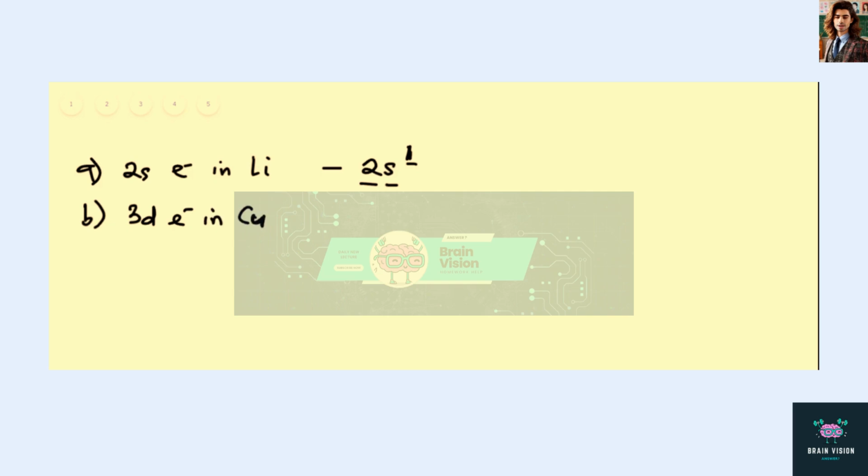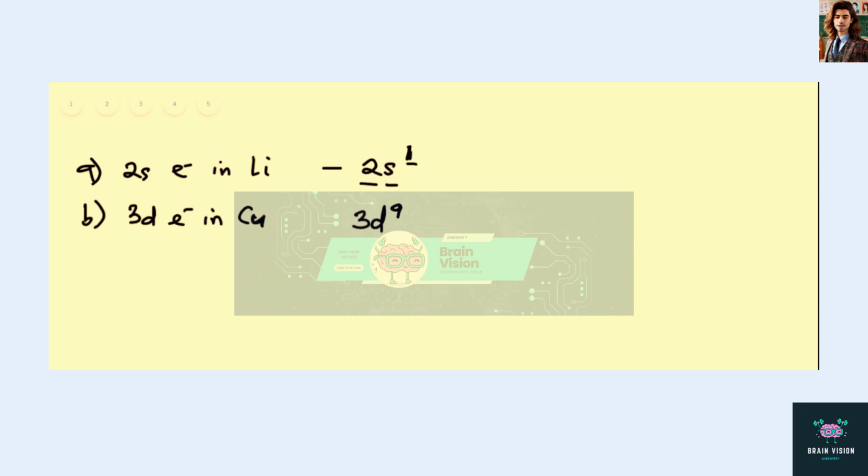The next one here is the number of 3d electrons in copper. So copper is the 29th element. So if you would think about it, the first element is scandium, and that's going to have a D1. Titanium we have a D2. Vanadium we have a D3, and so on up till you get to zinc. So copper will be expected to have D9, but